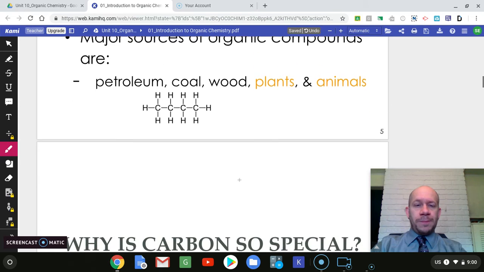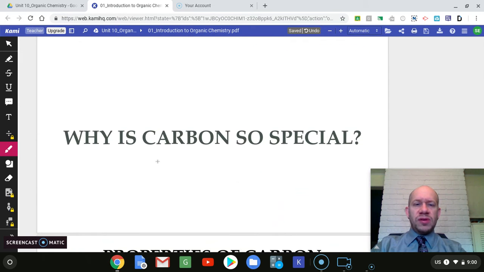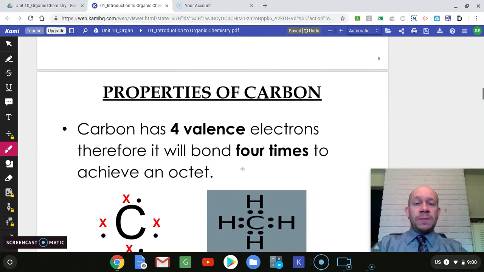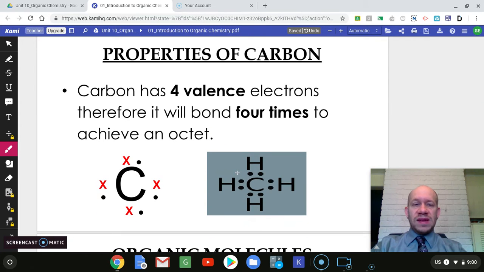So why is carbon so special, and why do we always have to have that in mind? The properties of carbon: because carbon has 4 valence electrons, it will bond 4 times to achieve that stable octet. So recall when we were doing our Lewis dot diagrams back in our unit of chemical bonding, each carbon has to have 8 electrons around it, and because it has 4 valence electrons, it needs to share 4 more